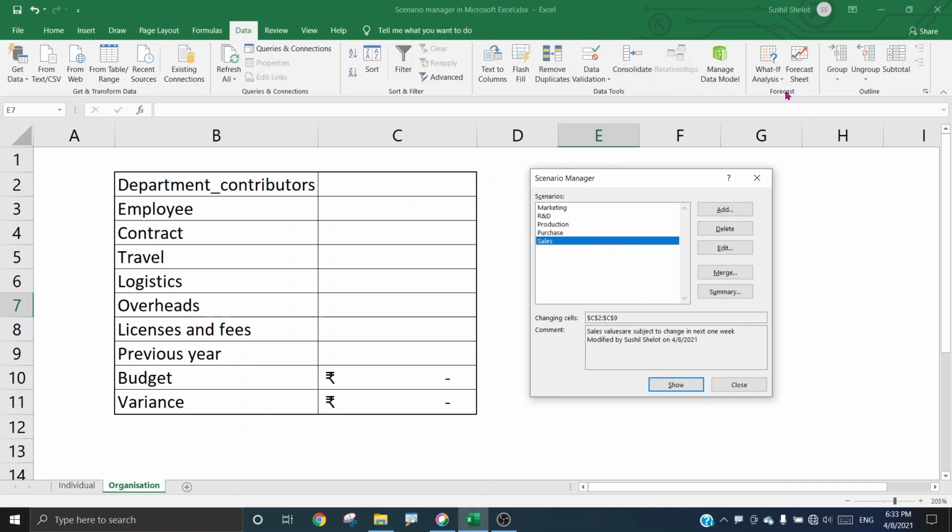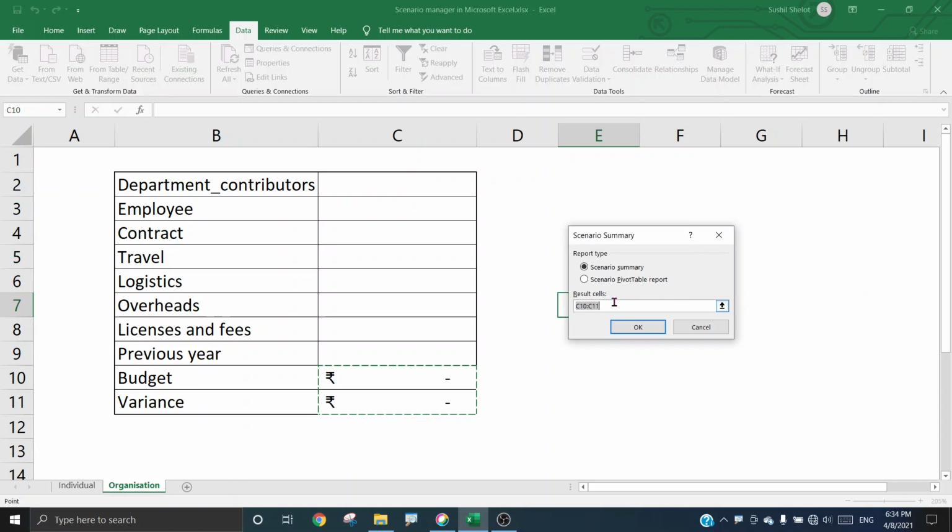Here they are. So if we go to this again and say show, the sales department values will be seen here, or if we choose marketing and say show, the values will be seen there. But right now I won't be doing that. I'll be going to the summary sheet. I'll click summary, and already we have chosen the sales, so I won't choose them again, and I say okay.